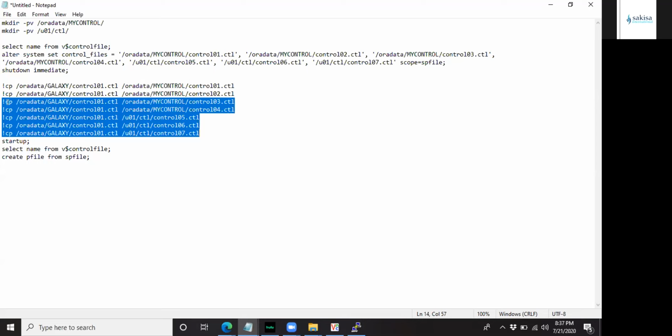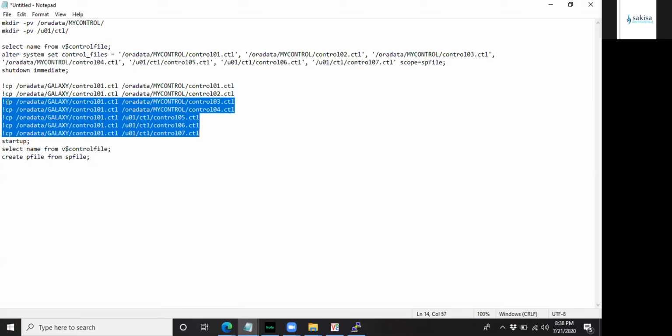Anita, please, can you explain? You said that's why you can remove and then delete, because if you leave that control 1, you're still copying whatever is in /data/galaxy and moving it to /data/my control. That means you're going to end up having two control 0, 1, but in different directories. But if you just move them, then you're just going to have one.